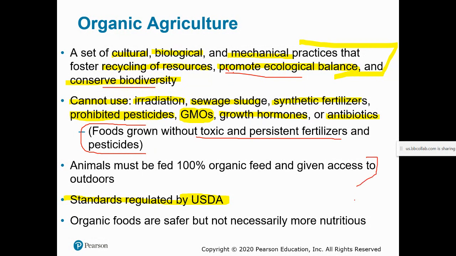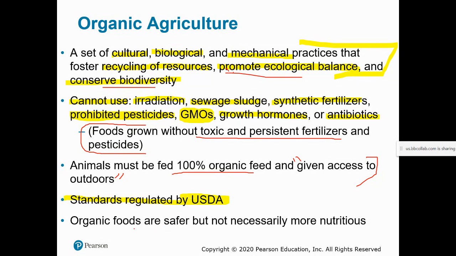There are also some regulations around what the animals can and cannot eat if we're talking organic animal agriculture. So their food has to be 100% organic. And there's a lot of controversy here, but they have to be given access to the outdoors. Unfortunately, a lot of times that can literally mean an access point through which the animal cannot fit. So the USDA organic regulation moves us along, I think, in a productive way, but it certainly could be improved itself.